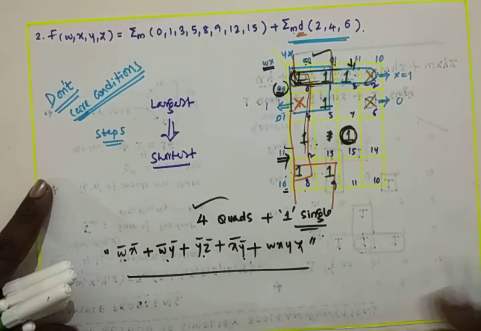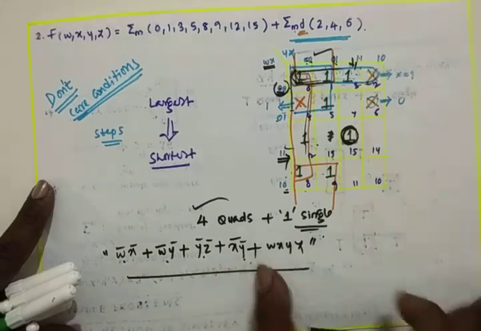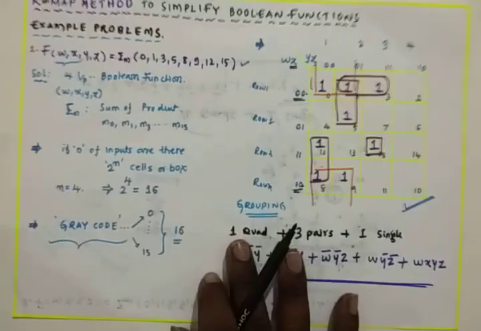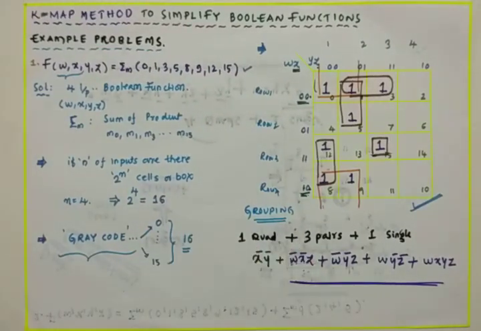This is by using the don't care condition. If we have the question with don't care conditions, this is how to solve it, and the other case is without the don't care condition. In such a way you can solve any boolean expression, you can simplify any boolean function by making use of the K-map method.